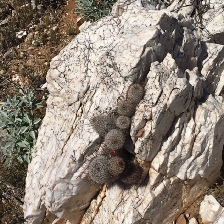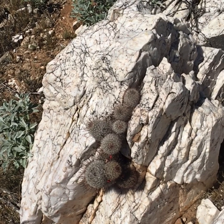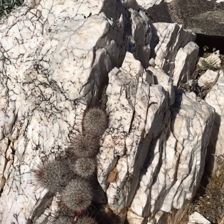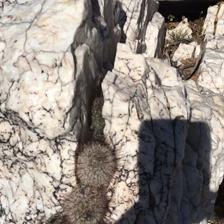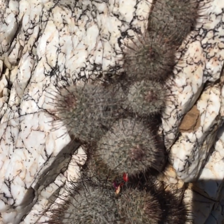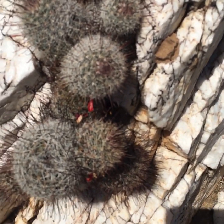Okay, we're back for just a second. Just wanted to show you how hardy cactus is. There's a little crack in this quartz. As you can see, that cactus is just growing right in the middle of it. Somehow it gets enough water to stay